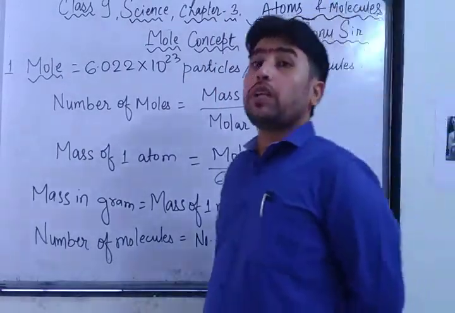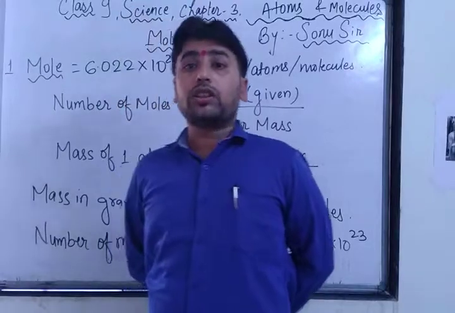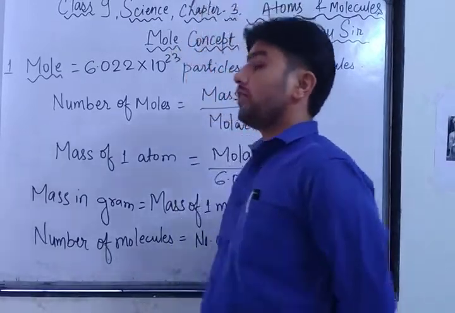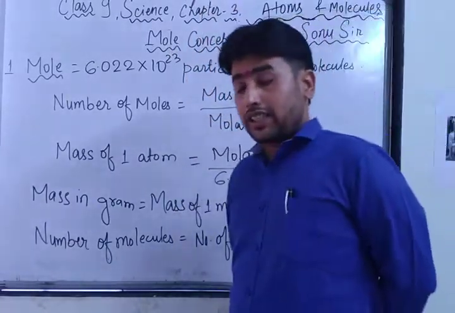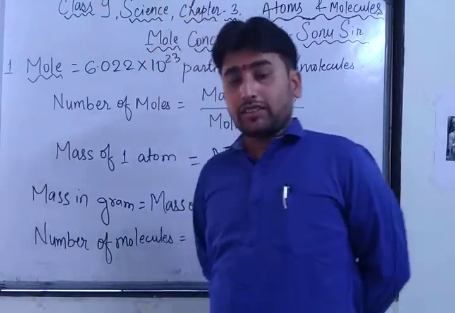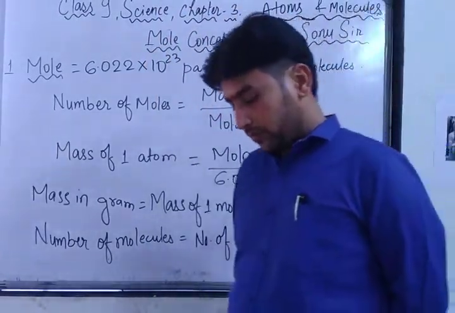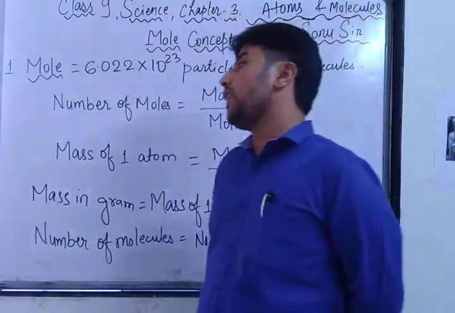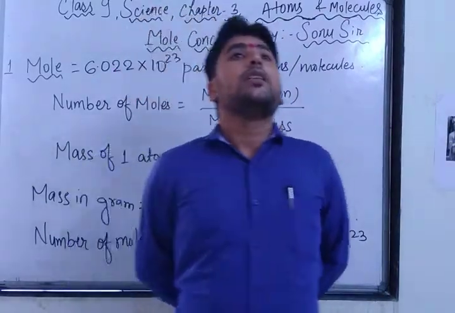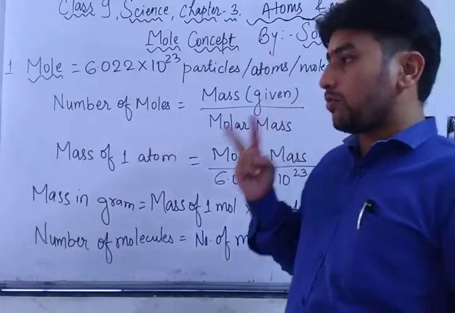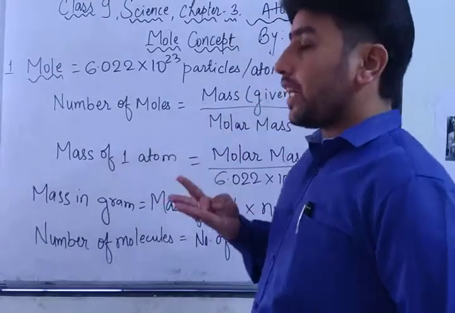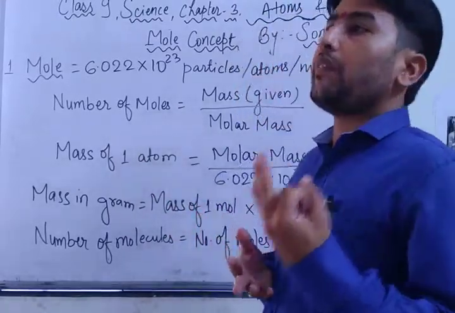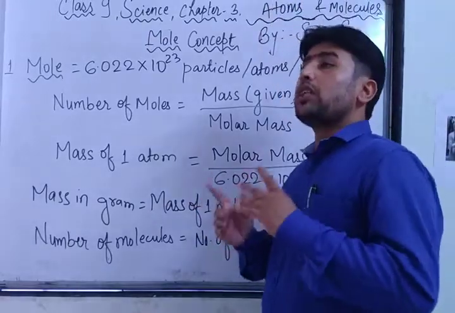We have studied the 7 fundamental units. Have you heard of them? What are the 7 fundamental units? Length, mass, time, current, luminous intensity, temperature, and amount of substance. So the first one was length, second was mass, third was time, fourth was current, fifth was temperature, sixth was luminous intensity, and the seventh one was amount of substance. This is a total of 7